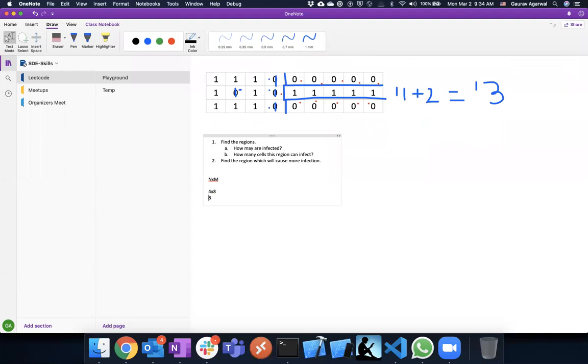Given any number, it's easy to figure out what row and column we want. So 8 divided by number of columns will give us the row, and 8 mod number of columns will give us the column. So 1, 0.